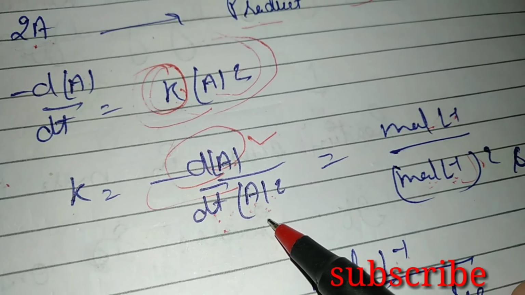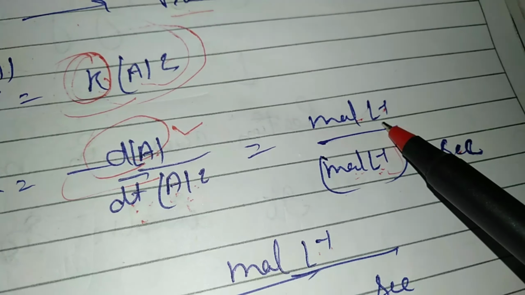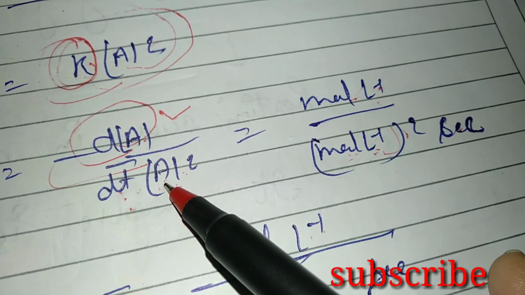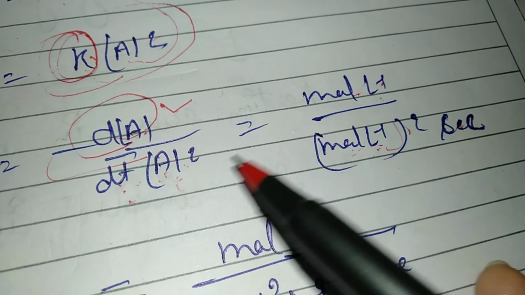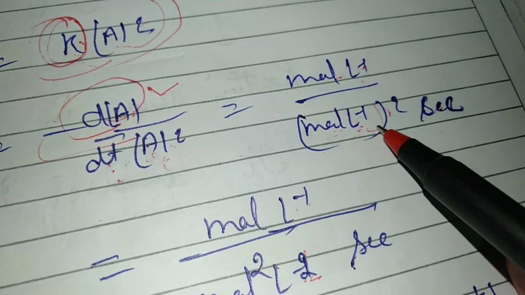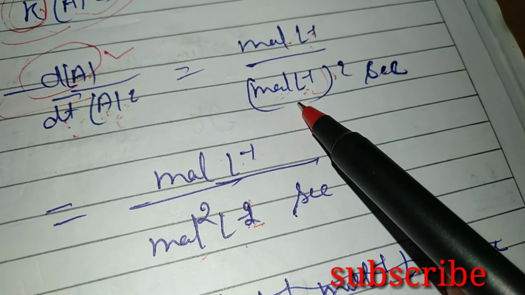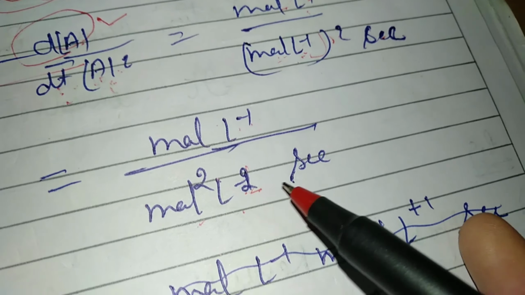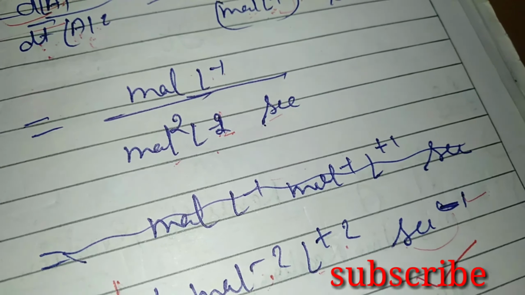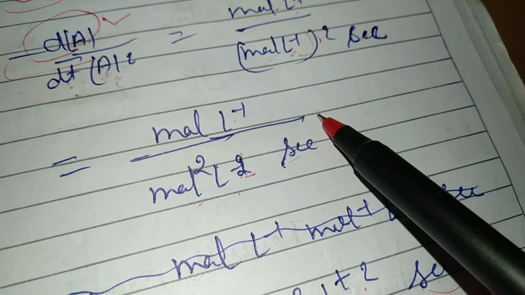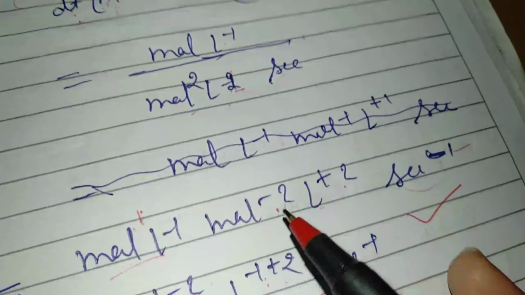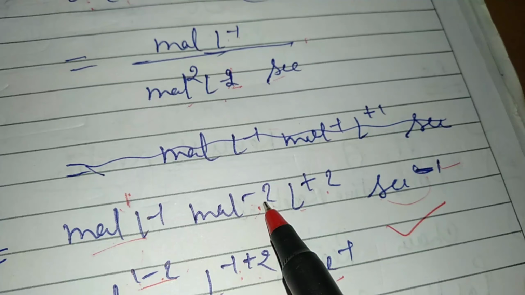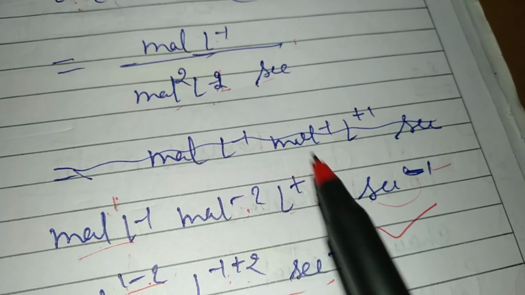इस साइड आ जाएगा, दिस इज इक्वल टू A square। ये कंसनट्रेशन के यूनिट हो जाएंगे मॉल पर लीटर, टाइम दे हो जाएंगे सेकेंड और कंसनट्रेशन स्क्वेयर दे हो जाएंगे मॉल पर लीटर द स्क्वेयर। मॉल पर लीटर हो गया, इन्हों ओपन कर लेंगे, मोल द स्क्वेयर लीटर द -2 सेकेंड। इन्हों आप सेम जोड़े है उन्होंने डिनोमीनेटर में से न्यूमीनेटर में ले जाते हैं। सो ये आ जाएगा मोल पर लीटर एज इट इज़ मोल -2 लीटर +2 सेकेंड इनवर्स।